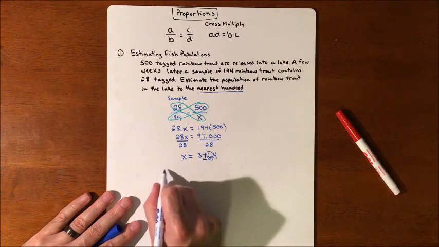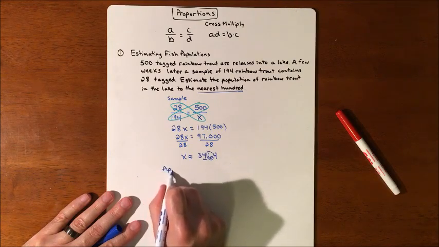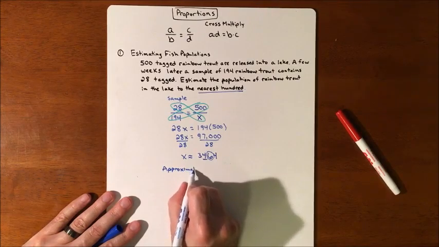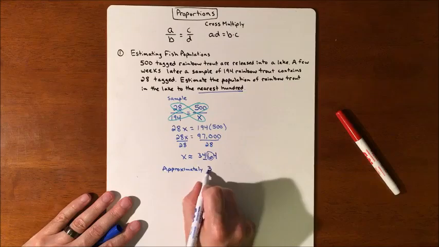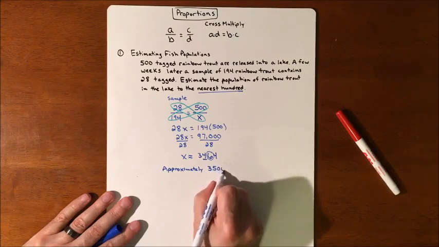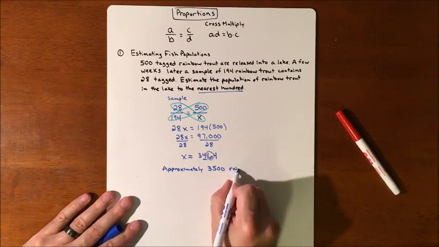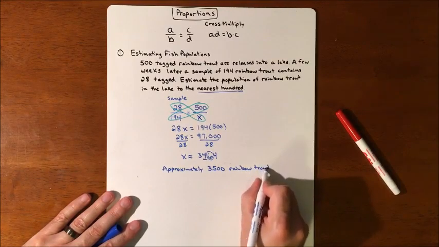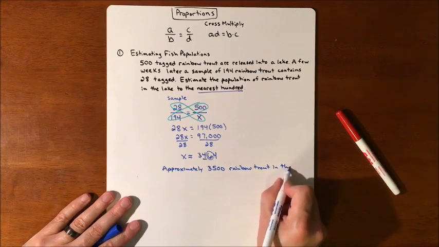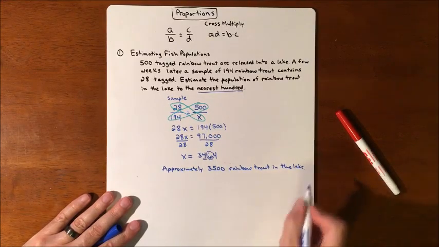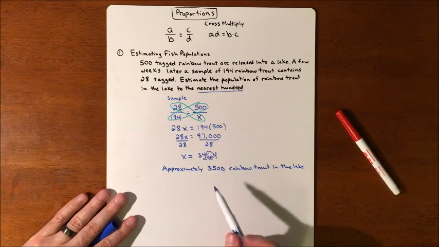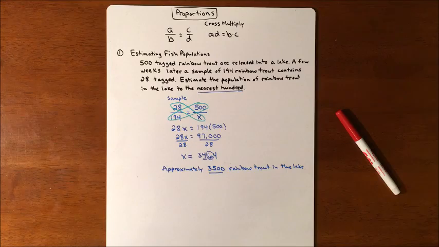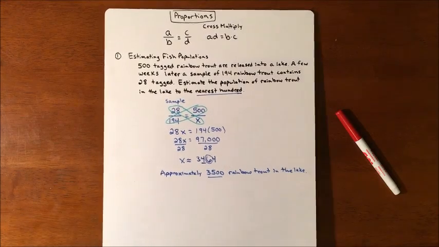So we have approximately 3,500 rainbow trout in the lake. So just by using this proportion, we can get a rough idea that there's 3,500-ish rainbow trout in the lake. All right, so that's one example. Next example